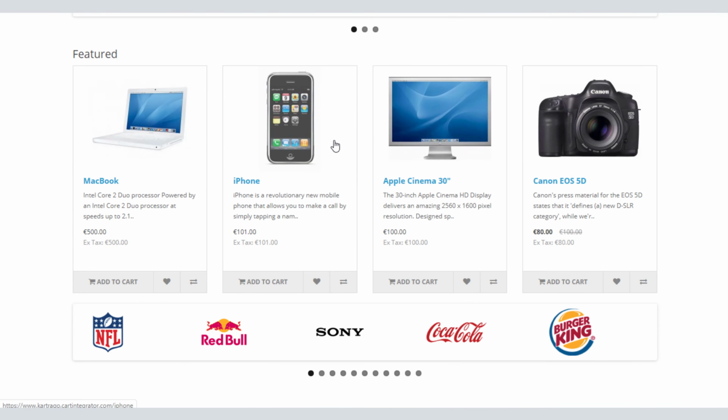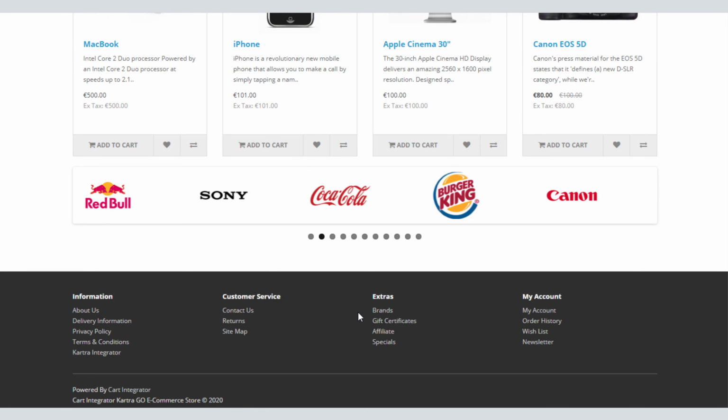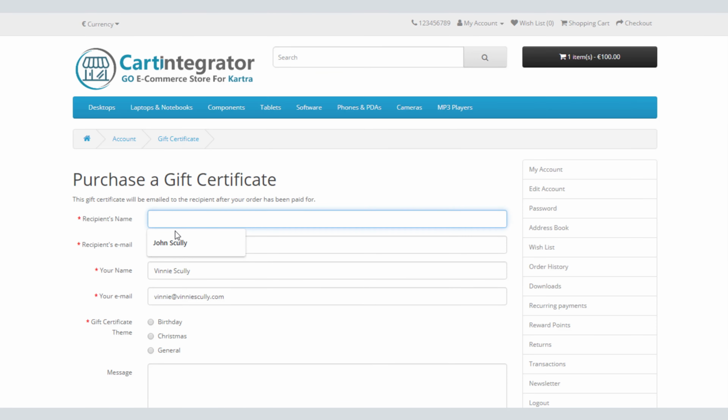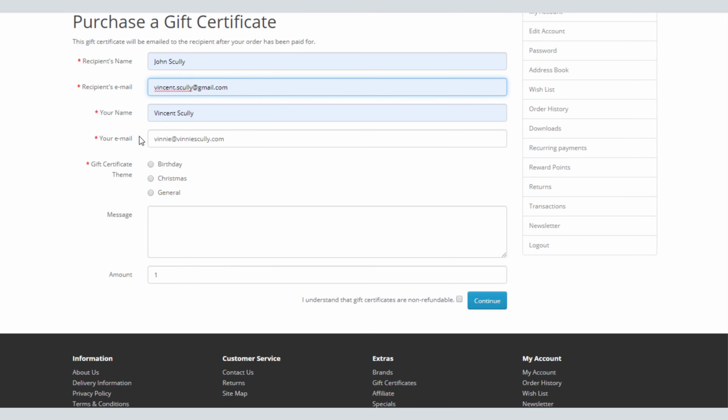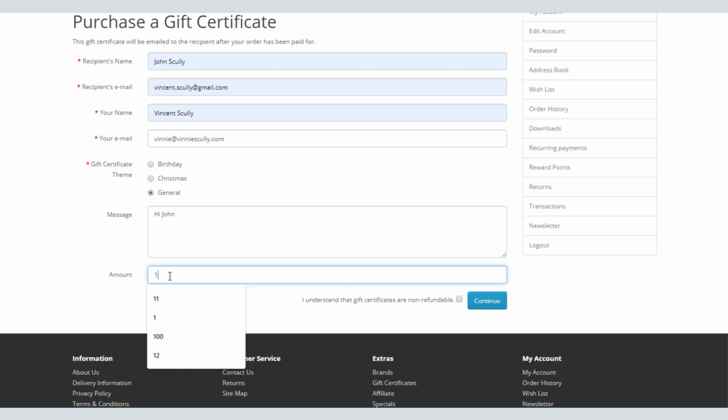So when we want to get a voucher, what we do is go down to extras and gift certificates. So I'm going to say now, I'm going to send this voucher to John Scully, and just let's say it's going to me, and my email address is Vinny, and I'm just going to say it's a general voucher, and I'll say, hi John. Okay, and I'm going to say that that voucher is worth 112. And I understand that gift certificates are not refundable. So I just click continue,